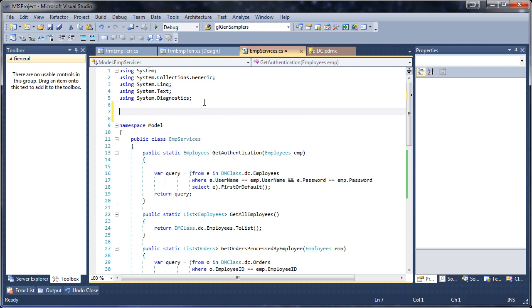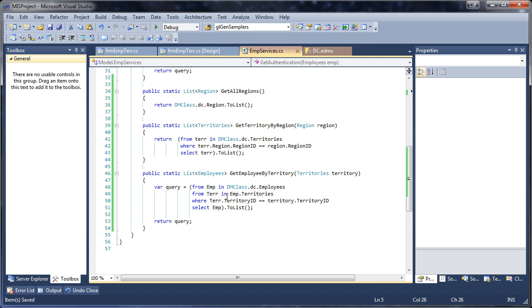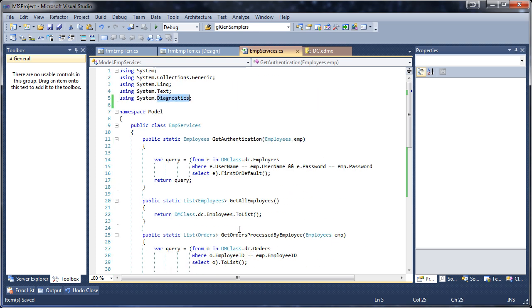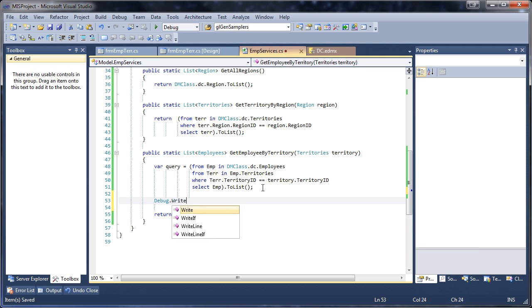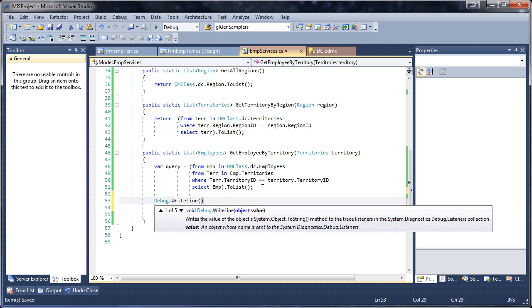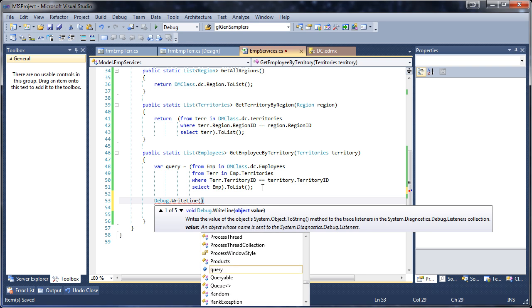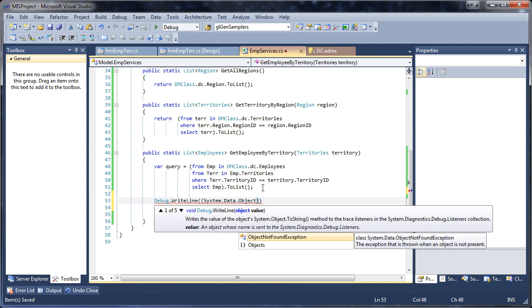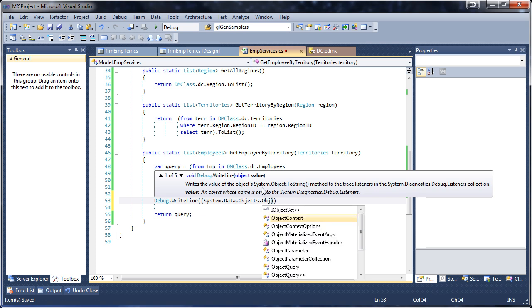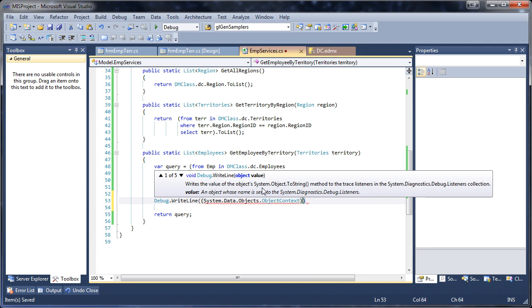Yeah, I already have System.Diagnostics in there. So you have to import System.Diagnostics, and you have to do this while debugging, by the way. And you have to say Debug.WriteLine, and I'll show you what that means. And in here I'm going to cast that query to System.Data.Objects, I believe ObjectContext, yes, ObjectContext. And in here I'm going to have a query,